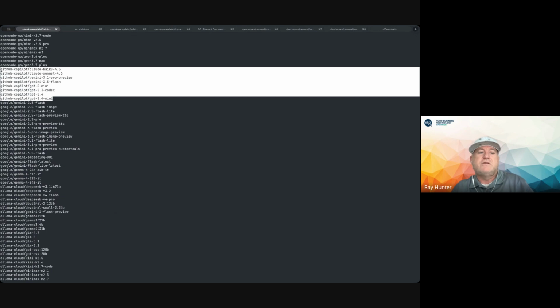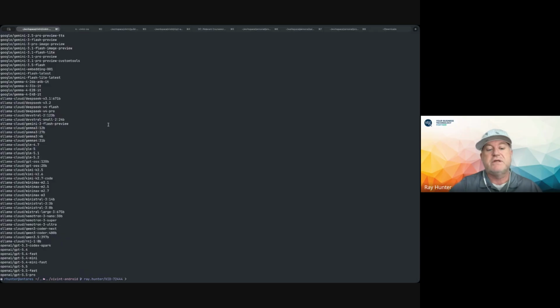And then sometimes you'll get that one turned off and it will still appear, and if you try to use it, you'll get an error message. It won't allow you to use it. So just be aware of that as you use OpenCode. But this is a quick way to see the models and see what they're doing. Let me jump over to OpenCode and what it looks like from the standpoint of how you're using it.